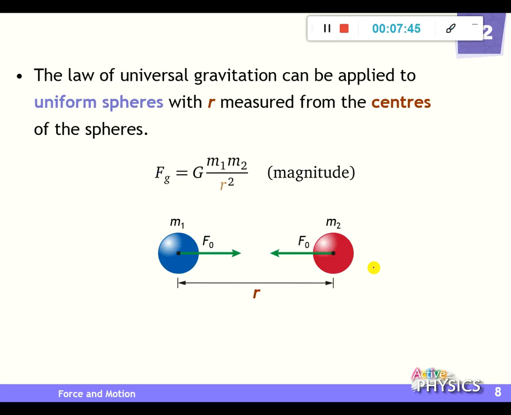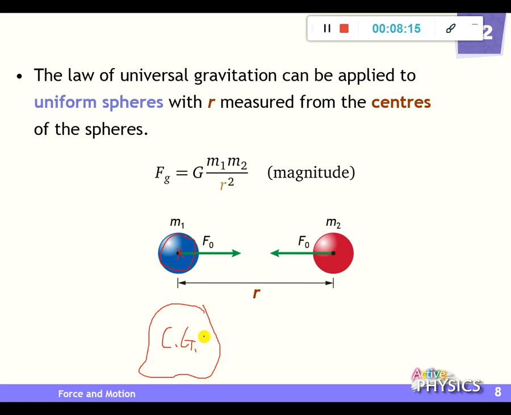Here, the law of universal gravitation can be applied to uniform spheres. So it means that if this one is a ball, we can apply it. Even this formula is true for a point mass. In this case, the concept of it is exactly the same as CG. For CG, we have a